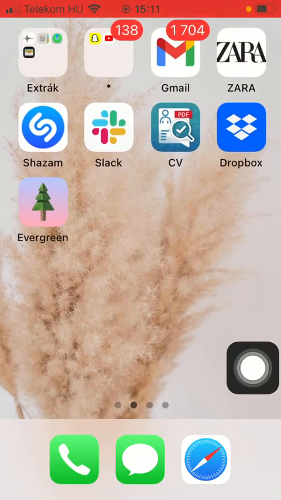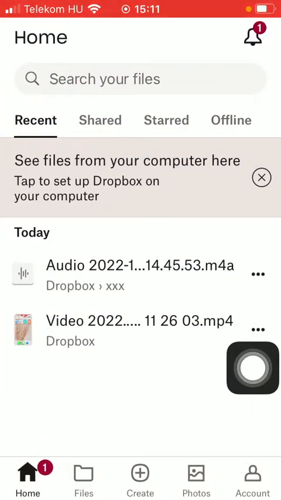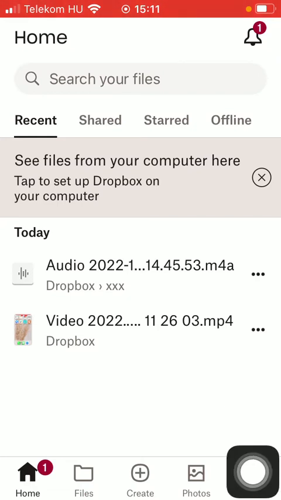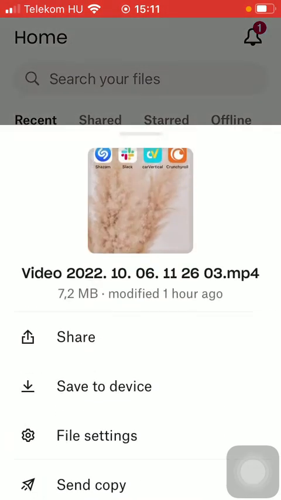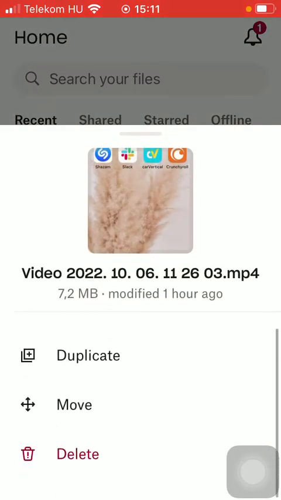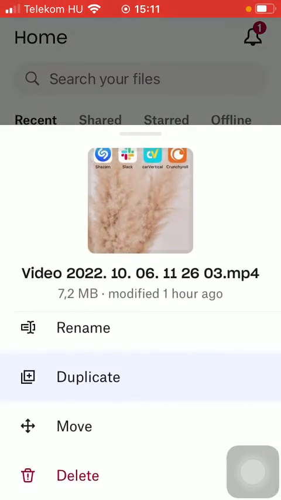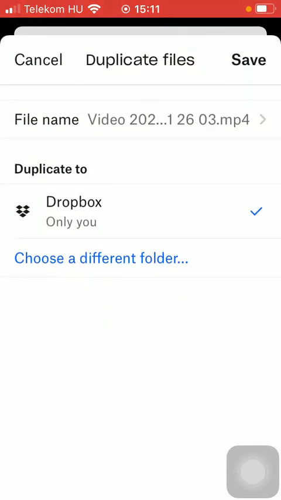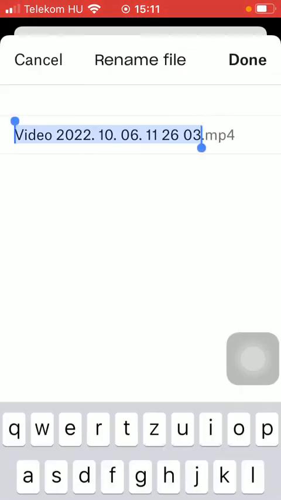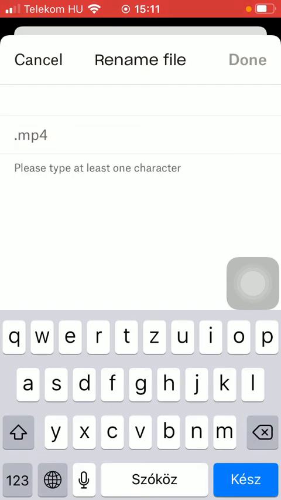First of all, open the application on your phone. Go to your home page or to your files and select the document that you want to duplicate. All you have to do is tap on the three dots icon next to it. Scroll down till you find this duplicate option. Tap on it. And here, if you want to, you can change the name of the file, delete it, and